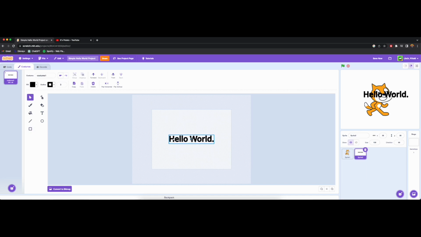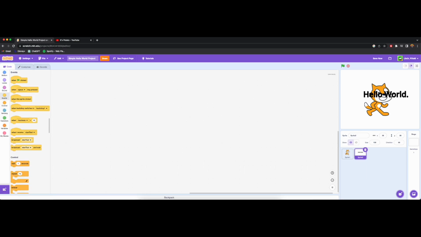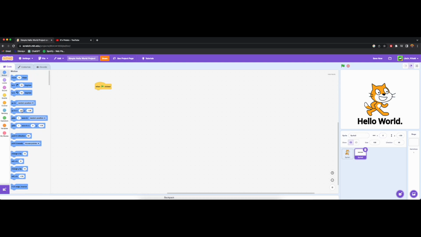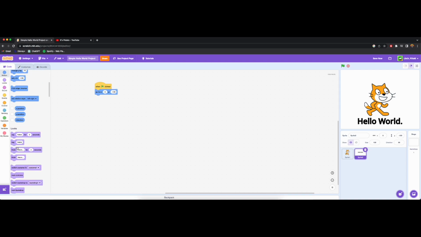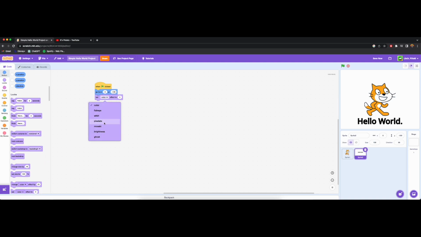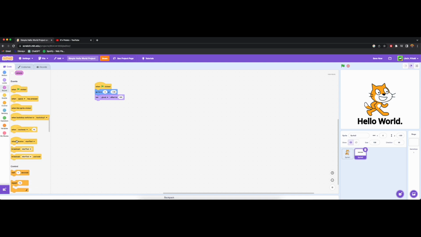Now we're going to make sure that you center it and go to the code section and grab a when green flag clicked and go to motion and get a go to x 0 y 0, but change the y to -135. Set the ghost effect to 100 because we want it invisible, and grab a when I receive start text